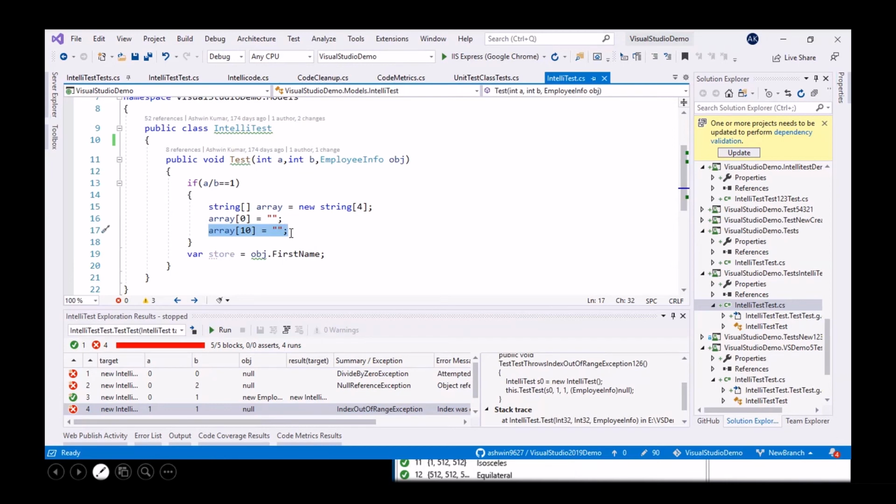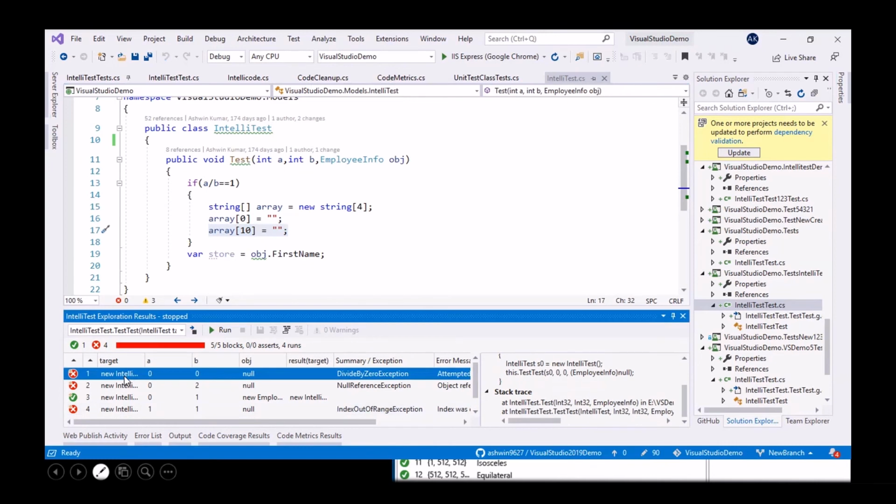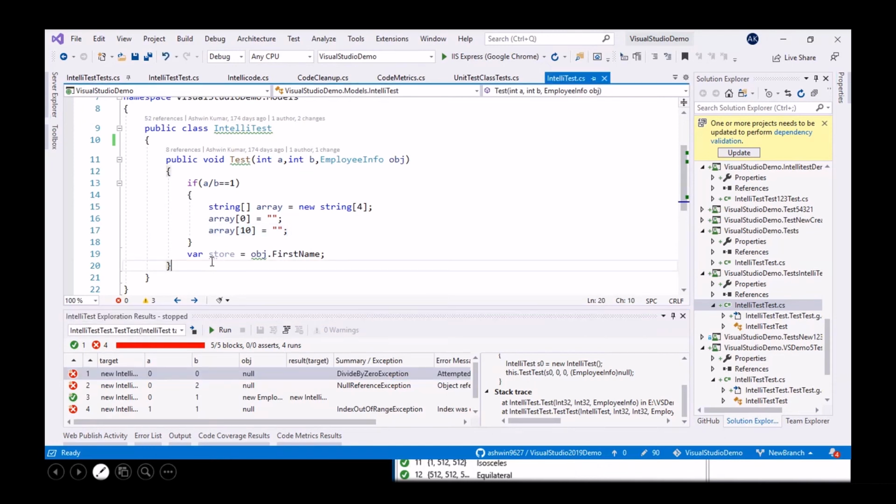See, I didn't write a single line of unit test code. I just created the Intel test and ran it. You can see it's quite easy to create and run. I didn't do anything apart from creating and running. Now it gives all the results. There is no need for the developer to test it and come back again. All this small testing you can do by yourself. So it makes a lot of difference in productivity.